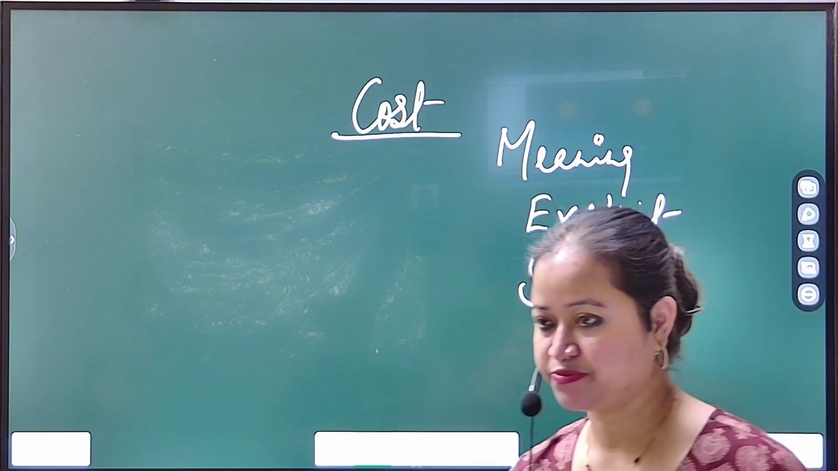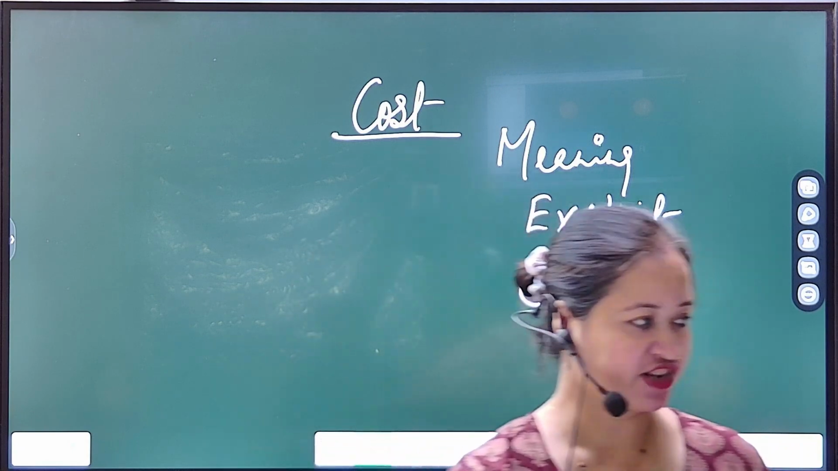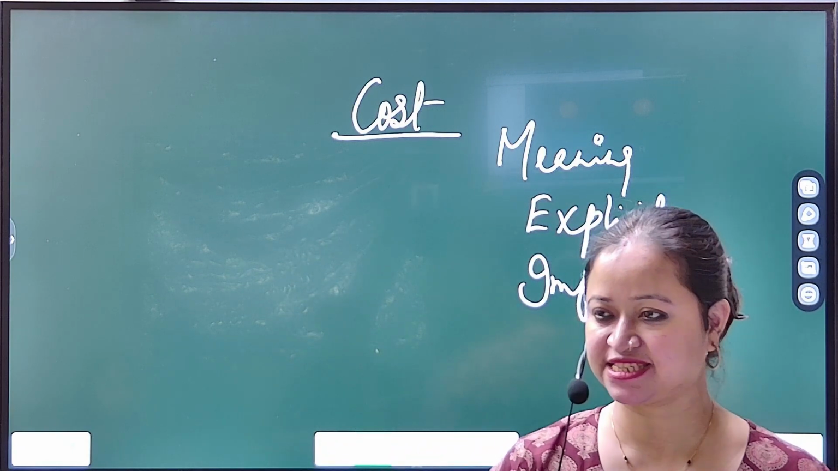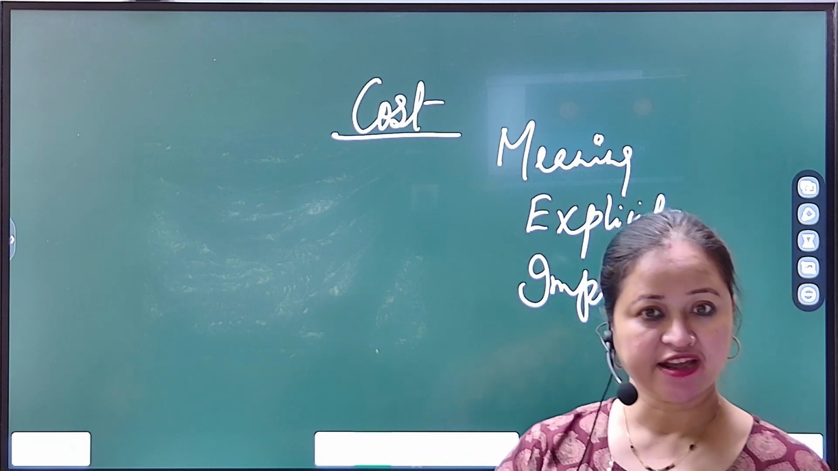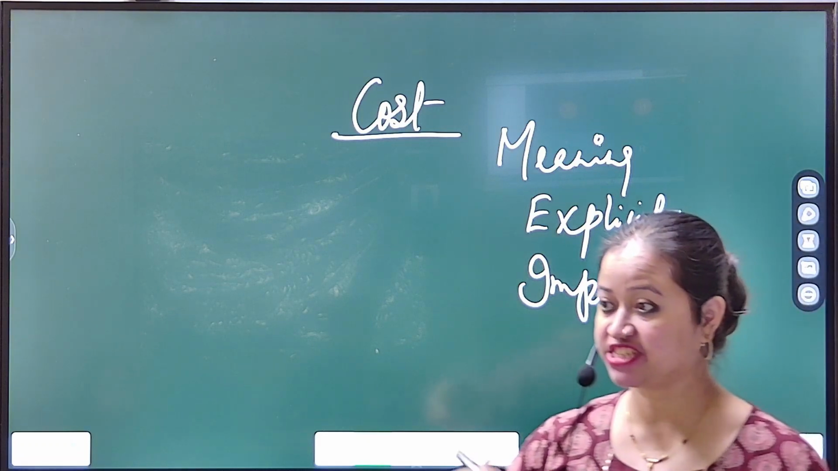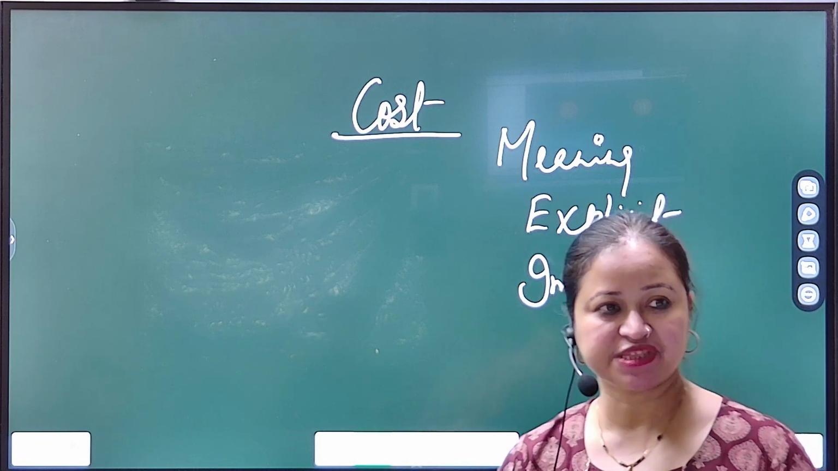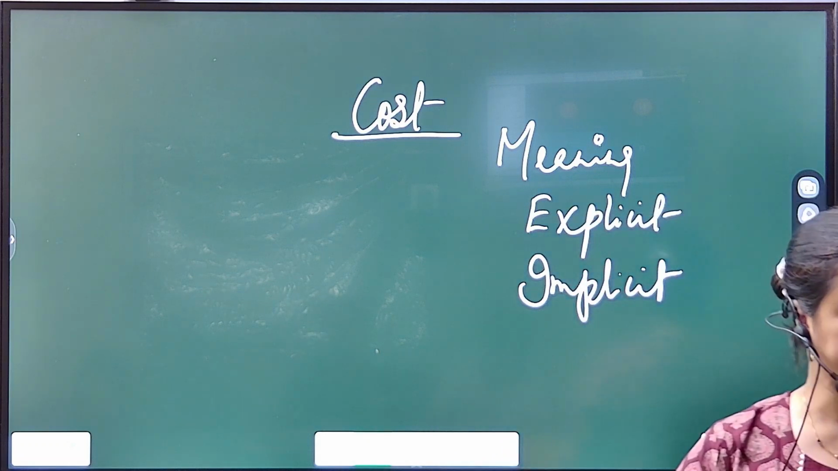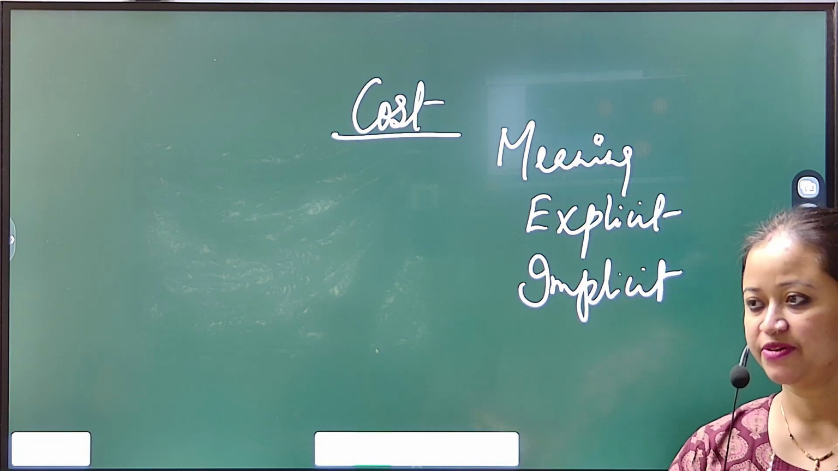Rent paid to? Yes, rent paid to the landlord. That is explicit. And implicit is? Proprietor's own land, used for the business purpose. Okay, the proprietor is giving service to the business, and he is getting something from it. So that is implicit. Explicit is like paying wages or salary to the